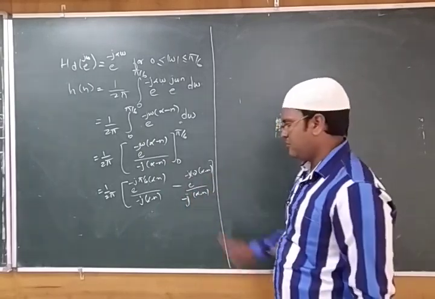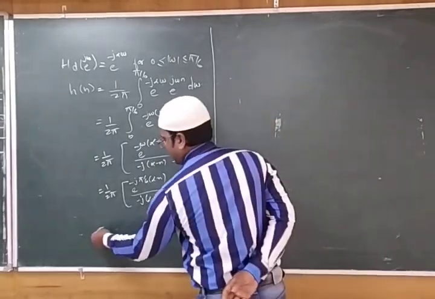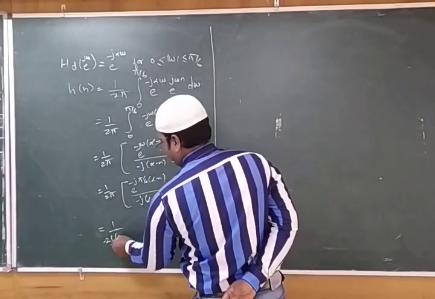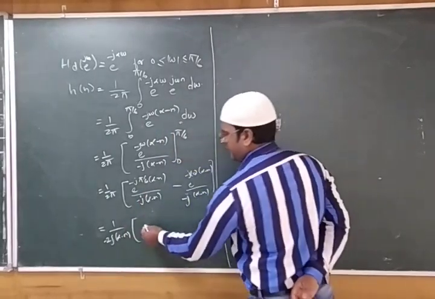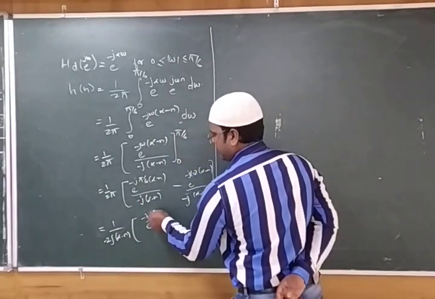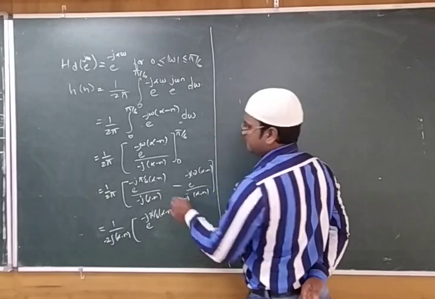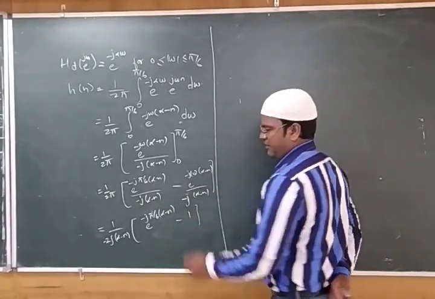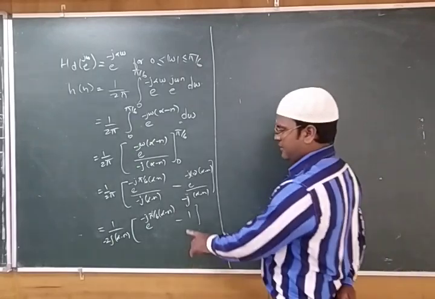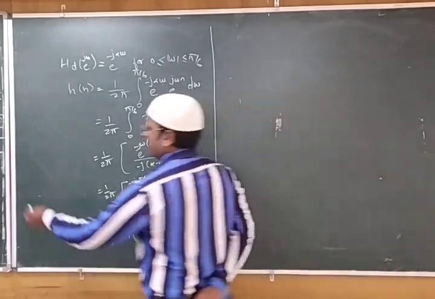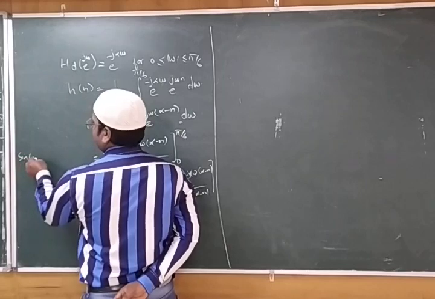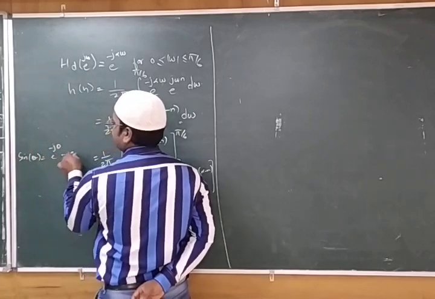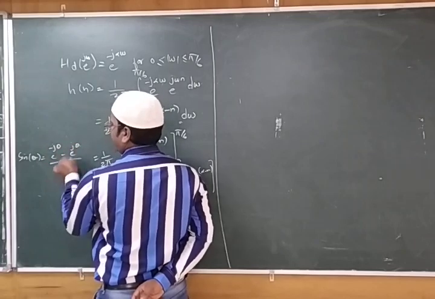1 by 2 pi is there. So these two values I can take outside after rearranging into a particular form. So we get minus j alpha minus n. If I take it, I get e power minus j pi by 6 alpha minus n. So we had alpha minus n, here it becomes 1. Likewise I can write. I want to make it in terms of sine. What is the sine value I can write? Sine theta is nothing but e power j theta minus e power minus j theta by 2j. This form I need to write down.